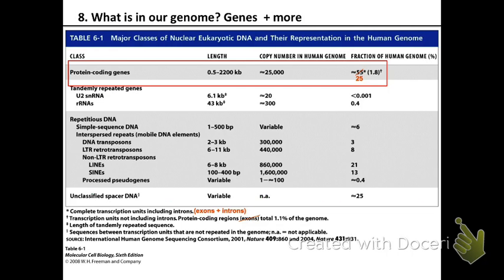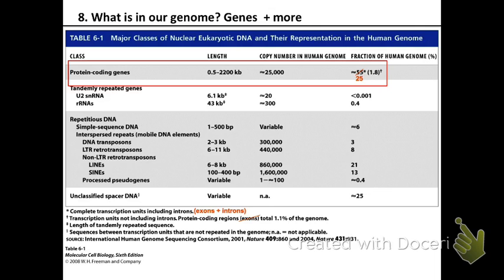And if you actually look at the human genome and categorize the different types of sequences that we have, what you will be struck with is that the coding regions of the genome, these are the sequences that encode for a protein, that's what coding means, right? They comprise about 1% of our genome.